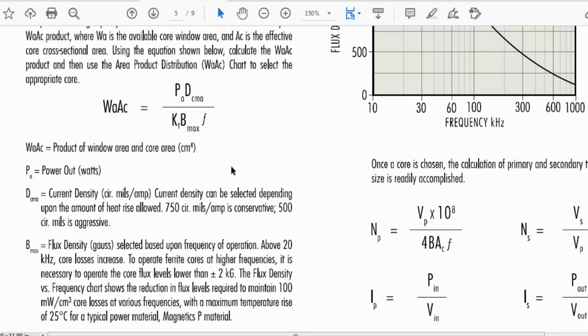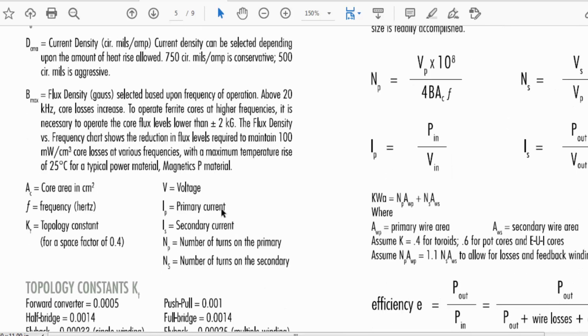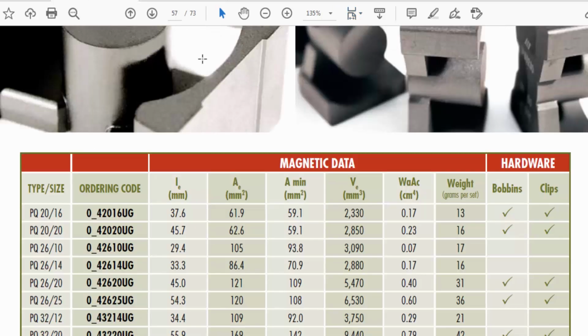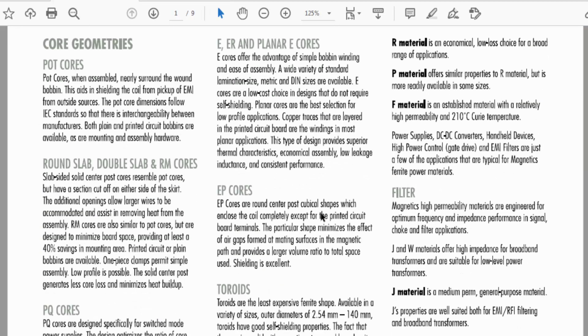We have to select these parameters and put them in this formula, and then you will get a value. What is the value of WAAC here? Then you have to go to this chart, this catalog. I will share the link of this catalog, you can find it, and then you can select a proper core, and you have to select the material as well.